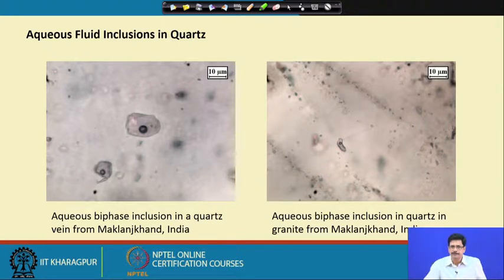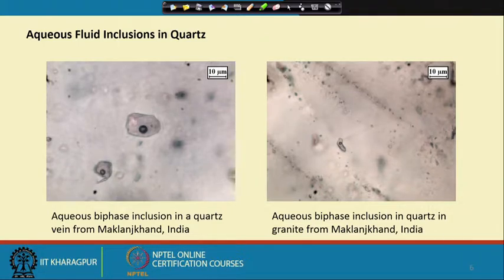We will have a very short tour to just bring home to you what the diversities are in the shapes and sizes of these inclusions. In general, when we see them in quartz, as the majority of the host mineral, or in any other host mineral for that matter, we can get an idea about the diverse sizes and shapes in which we can see them. This is an example of aqueous inclusions in quartz.